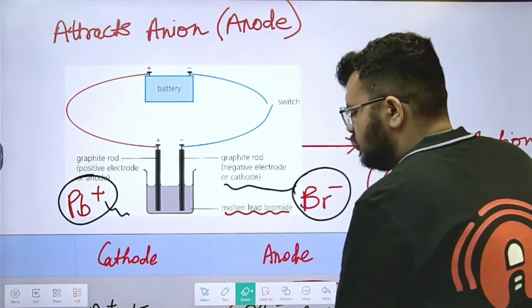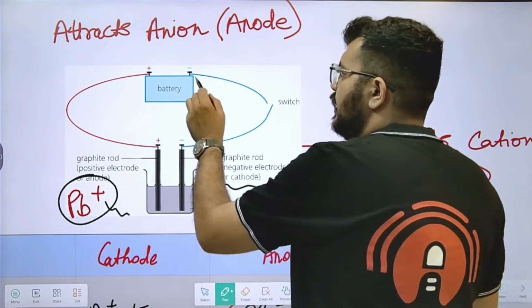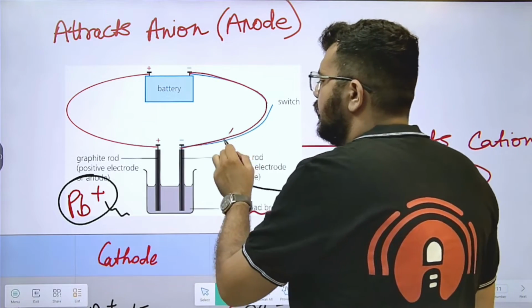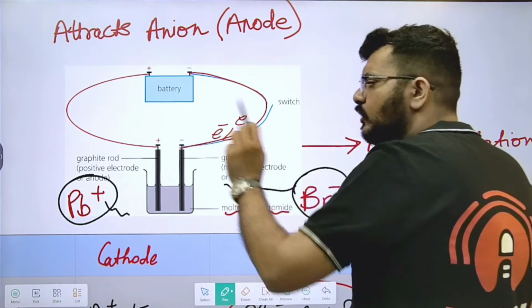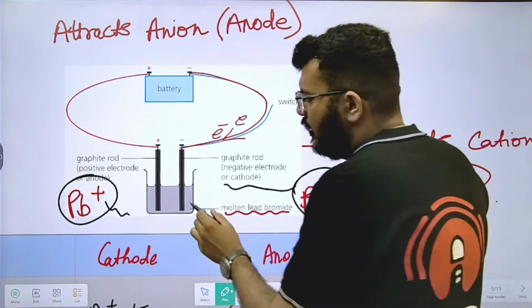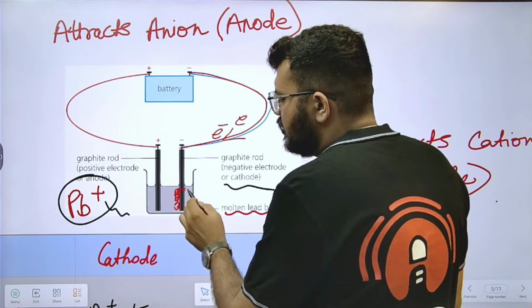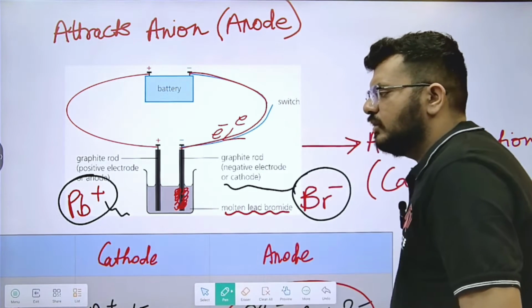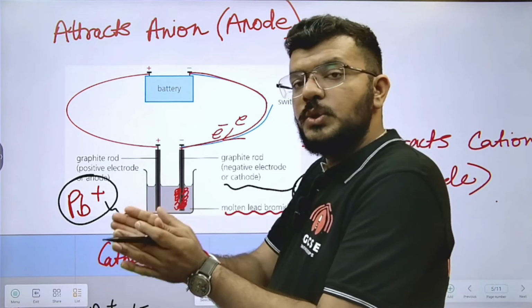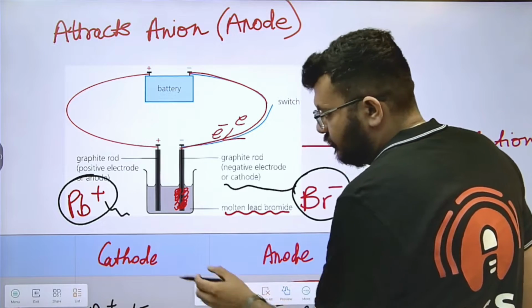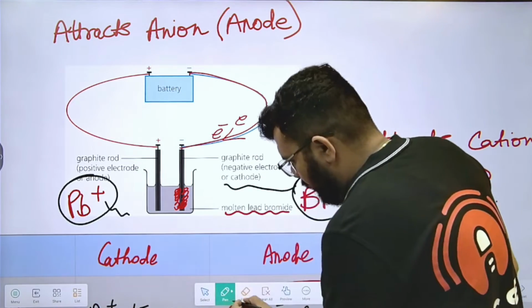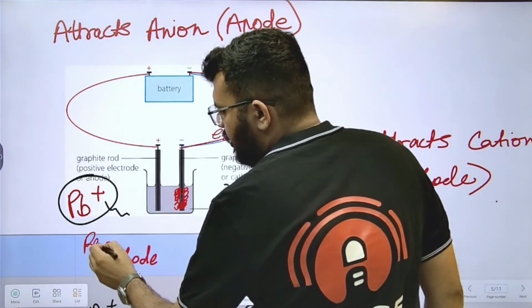So I was saying that this circuit is complete, right? So electrons travel from the negative pole to the negative electrode. Then there are metals here. So the electron goes and reduces the metal, which means I can always write, okay, let's write it here, reduction